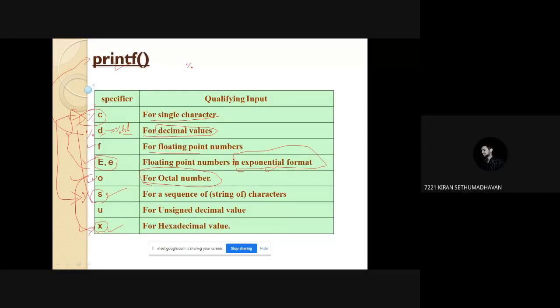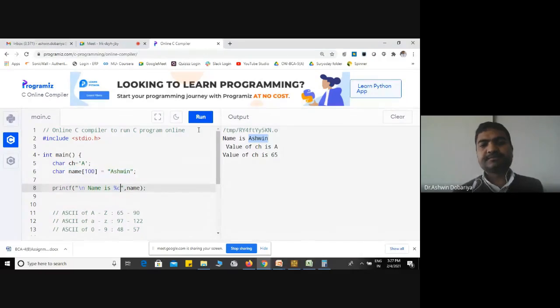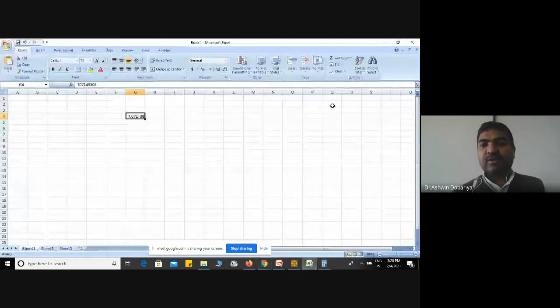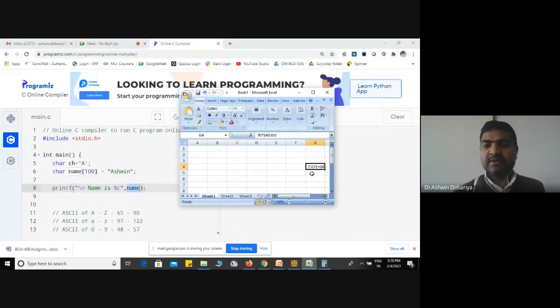Sir, if we use %c instead of %s, what will happen? Now see, suppose you use %c over here, what is this? A question mark, an unknown character. Now I will tell you the meaning of this. Whenever you mention an array name, it is considered the address of the first element. Actually, the internal process is like that. Now I am telling you how it is actually stored in the memory.